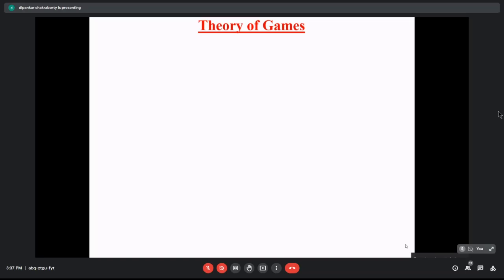It is actually based on John Nash. Okay, and John Nash gave us an equilibrium: when two players play a game, what will be their equilibrium point? That equilibrium is the Nash equilibrium. You do not have that higher concept in your syllabus, but as we are studying the theory of games, you can say that Nash actually invented that topic. So that's why I've just introduced it slightly before proceeding to the theory of games.